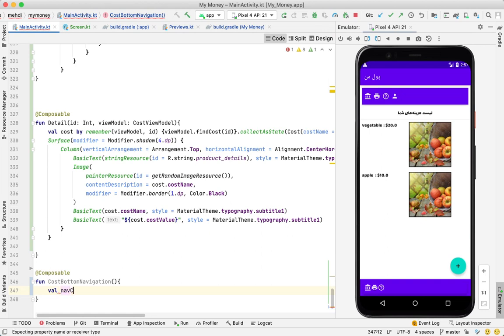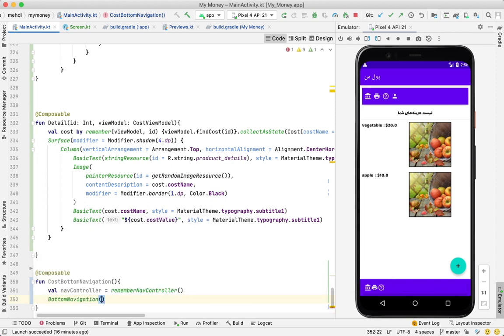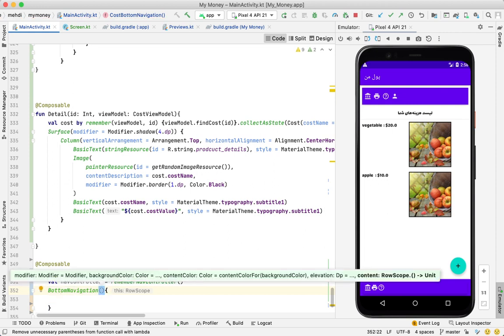Well, nav controller by remember nav controller. It gives us a navigation host controller, and we then create a bottom navigation. This is a composable. It has some parameters. We might want to skip adding those parameters. We only need to enter the content for it,